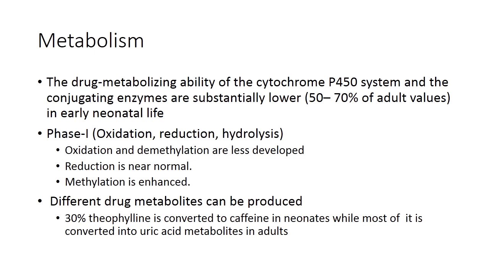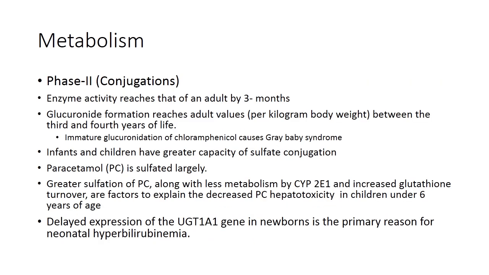For example, 30% of theophylline is converted to caffeine in neonates, whereas most of it is converted to uric acid metabolites in adults. Therefore, CNS stimulation may be much more. In phase 2 conjugations, enzyme activity reaches near adulthood by 3 months, as spoken earlier. Glucuronide formation reaches adult values between the 3rd and 4th year of life. Immature glucuronidation of chloramphenicol causes gray baby syndrome in neonates and infants, and infants and children have greater capacity for